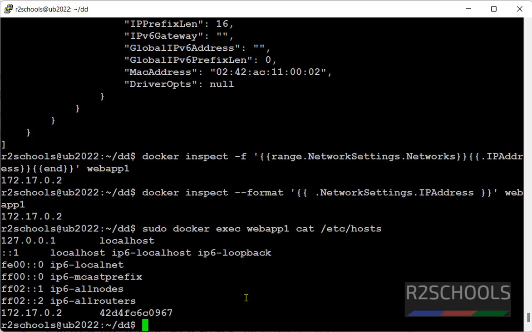So in this video we have seen how to find or get Docker containers IP address